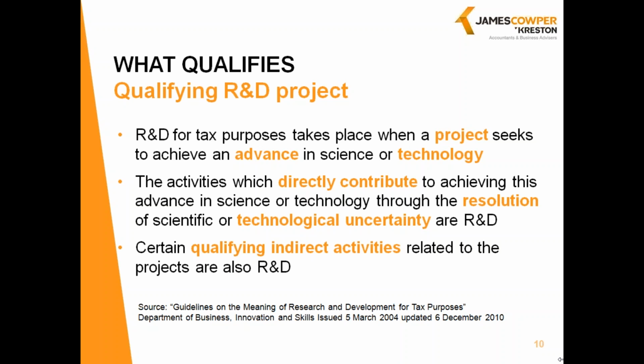That's the direct approach, so that might be some developers or some scientists thinking about how to solve this problem that you have. In addition, you can include certain indirect activities which are part of the project but not directly contributing to the R&D function. The examples given are things like maintenance of equipment used for R&D. The R&D couldn't take place without the equipment working, so the maintenance time costs could also be included. Or training of R&D staff on particular pieces of equipment or techniques. Again, they couldn't do the R&D directly if they hadn't had this training. So all those costs could be